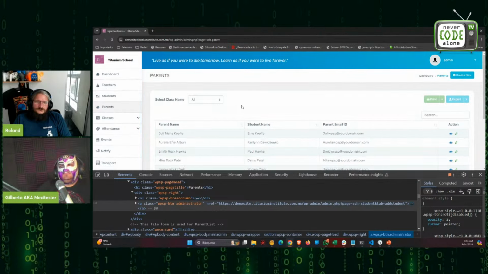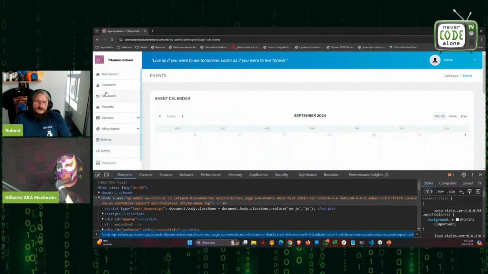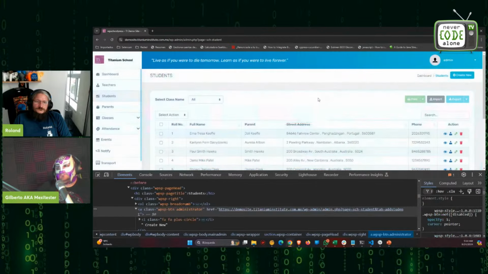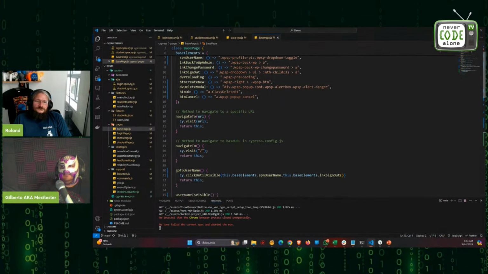I only need to inherit from it, and I can say in this case, take the class or whatever you need, and it will be used in the different elements when we have the create new. So for that reason, I created this base page, something that other pages could share,